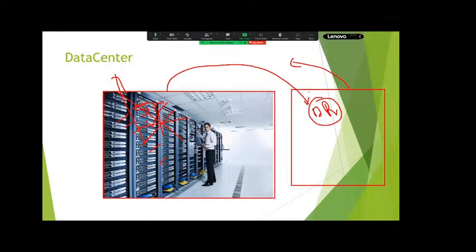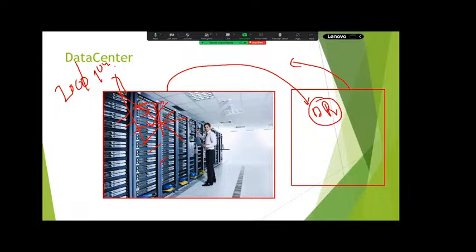You know, right? I think in the year 2000 or 2001, the World Trade Center collapsed in the US. Why were the terrorists targeting the World Trade Center? Because the US economy, all the US financial systems, were storing their data in the data center. That's why they targeted the World Trade Center.